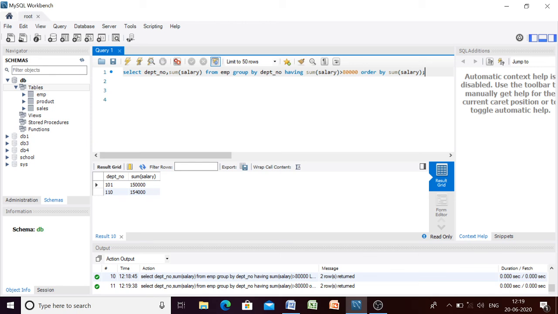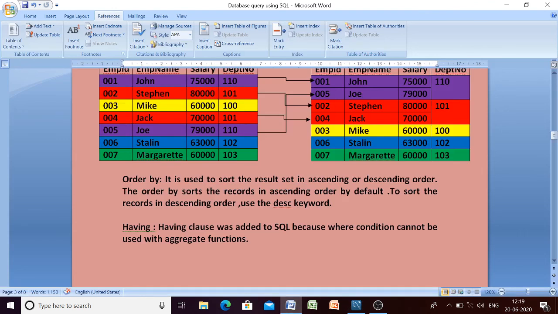Okay. So these were all about the group by clause, order by clause and having clause. The order by clause is used similarly as we discussed earlier, to sort the result set in ascending or descending order. The order by sorts the records in ascending order by default.